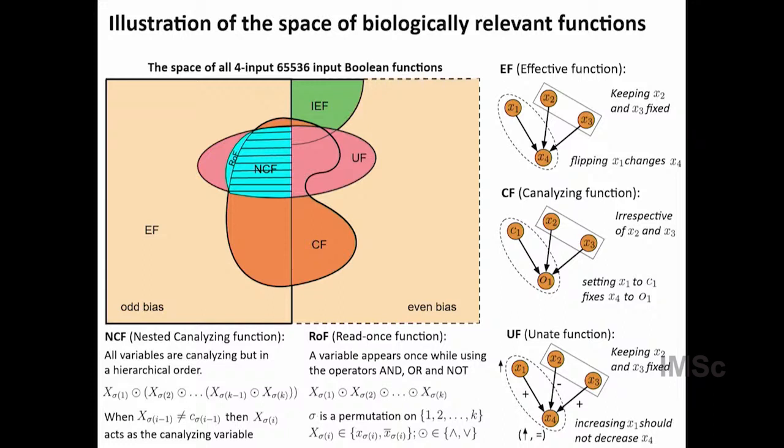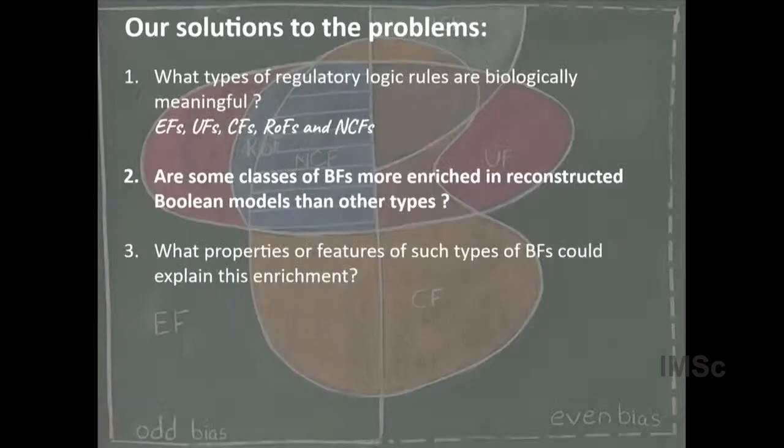So you see here that the NCFs are the smallest subspace in the space of all functions here. And after that is the ROFs, then you have the UFs, and then you have the CFs. And you see that also the ROFs and the NCFs always lie in the odd bias, and this is true for all values of number of inputs. Now, this is the theoretical space of all functions, but then the question has to be asked as to are there some types of these functions which are more enriched in real biological data sets? And so we then set out